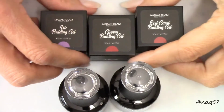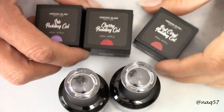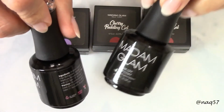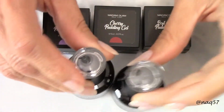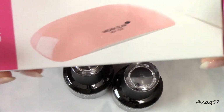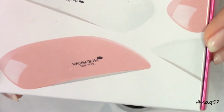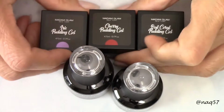The highlight of the video is going to be 3 different colors of their brand new pudding gels. These are the 3 colors right here. They went ahead and sent me a gel base coat and a top coat that I'm going to use during this video as well. And they also sent me their little teeny tiny LED lamp right here that I'm going to put to use in curing these gels. These work really well, but like I said, the highlight's going to be these gels right